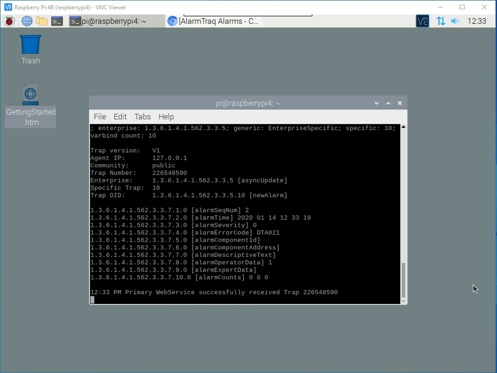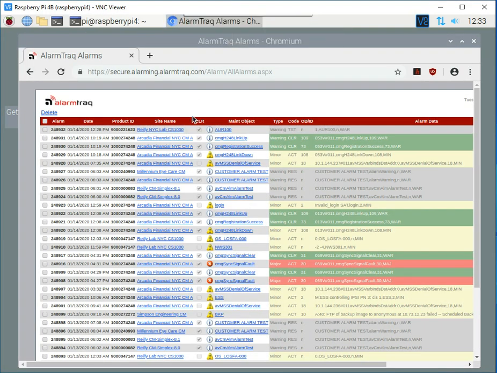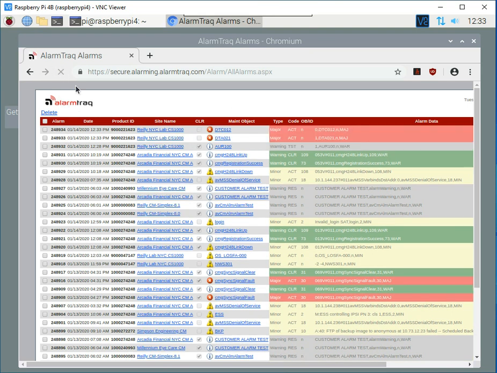We'll be able to verify that and any new alarms by going back in and looking at our Chromium alarms. There's a DTC 012. We'll come back in here, do a quick refresh. And as you can see, there's our DTA 21 and our DTC 012. These are both open alarms, and service tickets have now been opened for that DS1 circuit that is down using